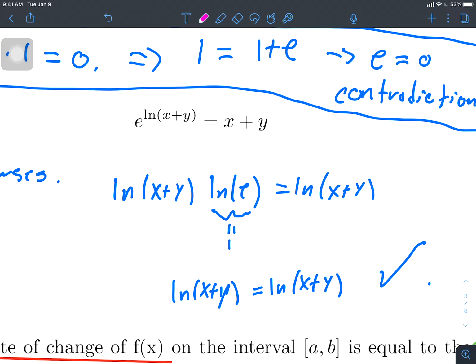But the other way you can see it is if you were to take the natural log on both sides. Then you would get ln of x plus y on the right-hand side, and you would be able to bring this power down front on the left-hand side. So you would get ln of x plus y, that was the power, times ln of e. And you know that ln of e is 1. So then you get the equation ln of x plus y is equal to ln of x plus y, and